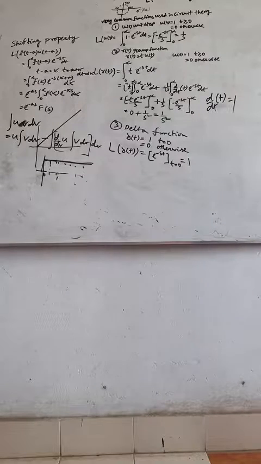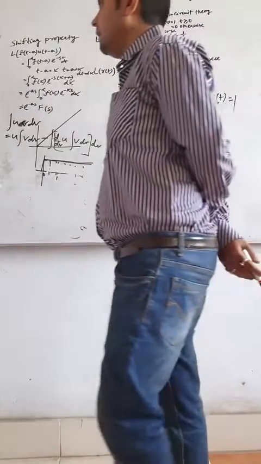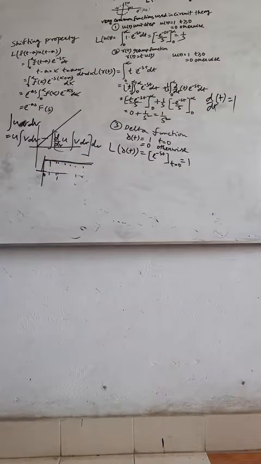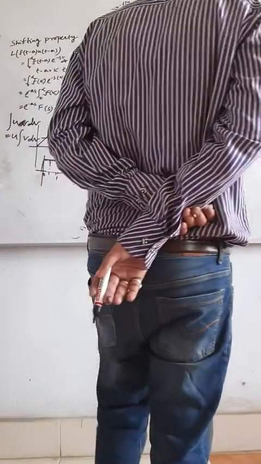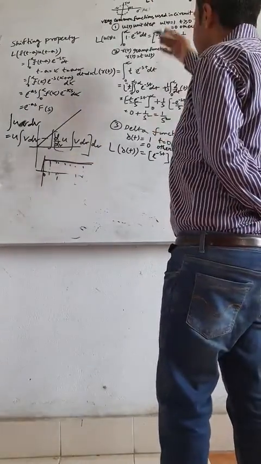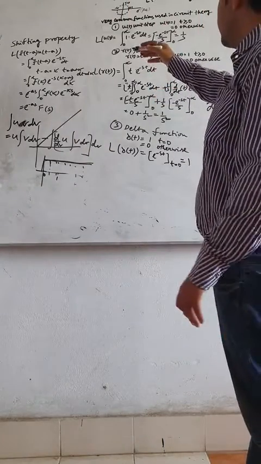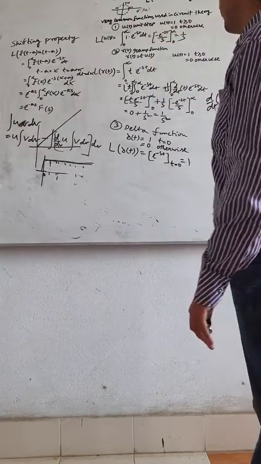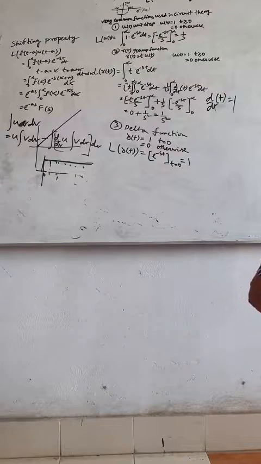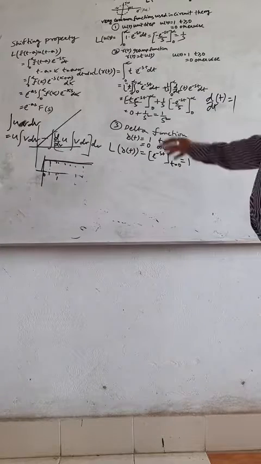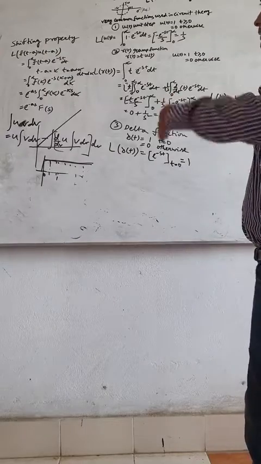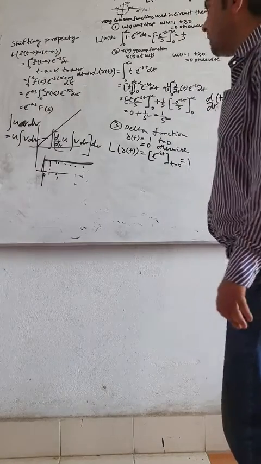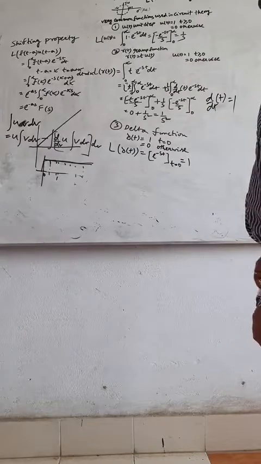In the next video we will take an infinite ramp signal and an infinite unit step signal, and find out their Laplace transformation using this methodology. We already know the Laplace transformation of u(t), the ramp function r(t), and the delta function del t. Similarly we use those methodology and formulas to find the Laplace transformation of the next functions, that is infinite step signals and infinite ramp or triangular signals.